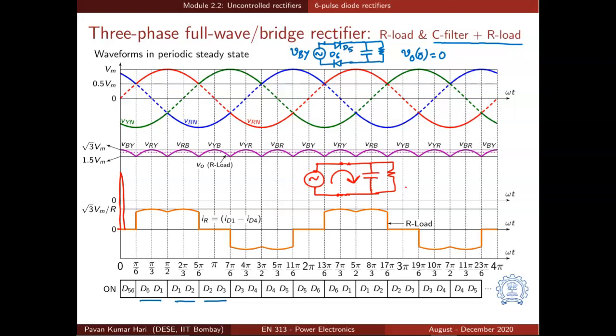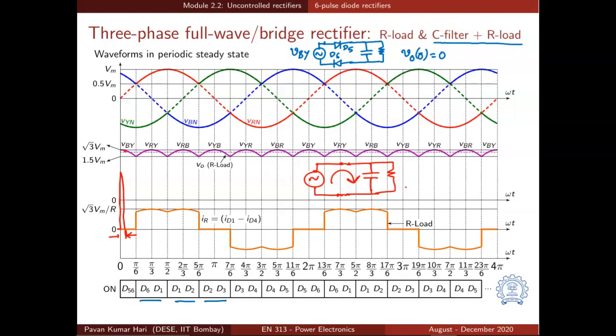And what is that voltage? It will charge to root 3 Vm, the maximum voltage. Once the capacitor charges, when does the flow of current stop in this circuit? We already know the flow of current stops in the circuit when the diode current tends to become negative. Let us say that happens at this particular moment. So by this time the capacitor would have charged, so the output voltage is VO, and